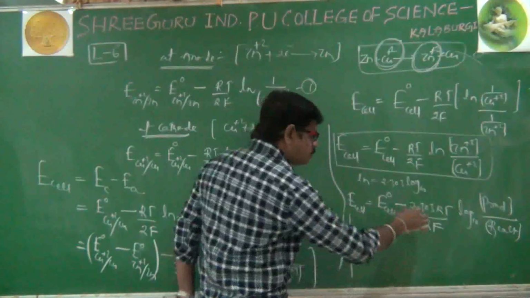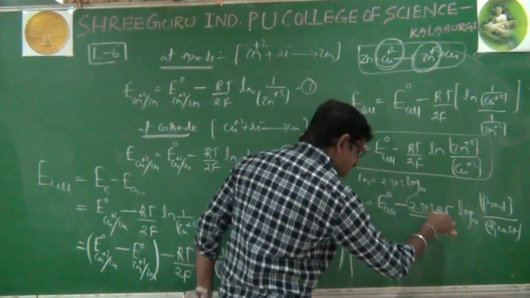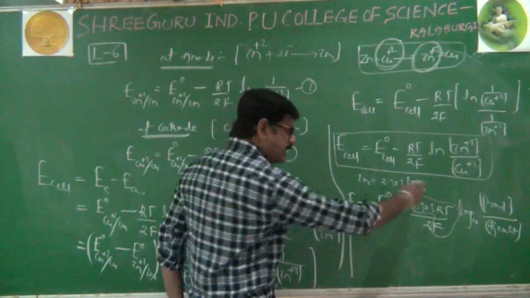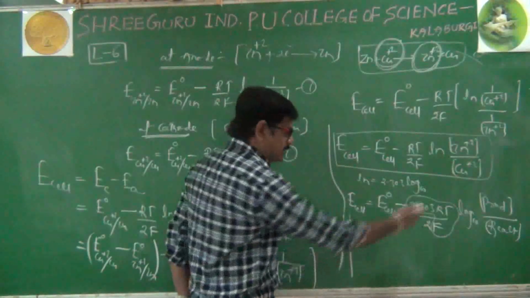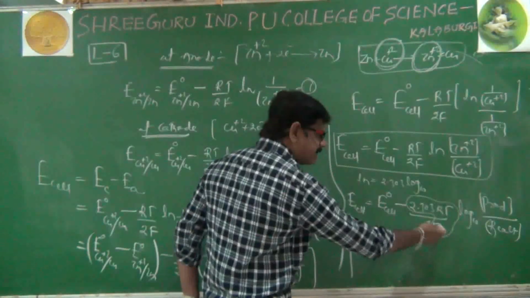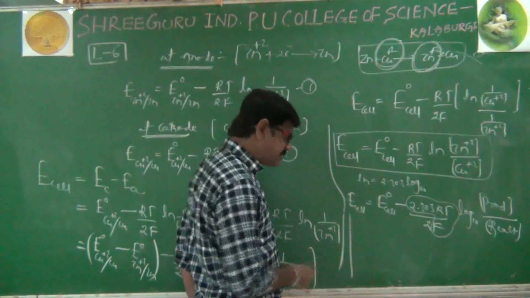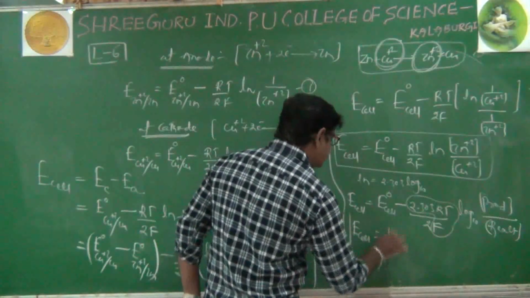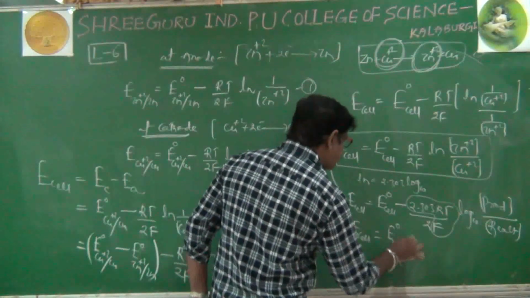And again 2.303 RT by F, these are standard fixed values. That's why by substituting all the values, like R is 8.314, T is 298 and F is 96487, if you substitute, then you will get E cell is equal to E naught cell minus